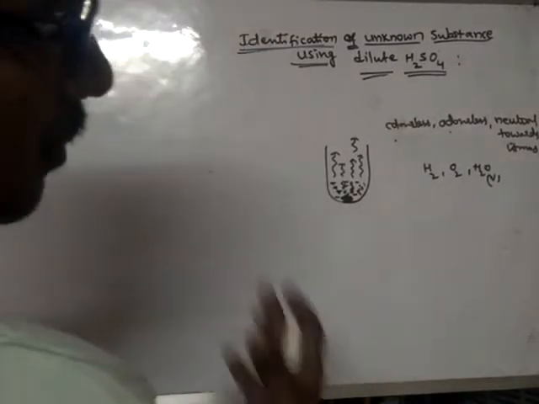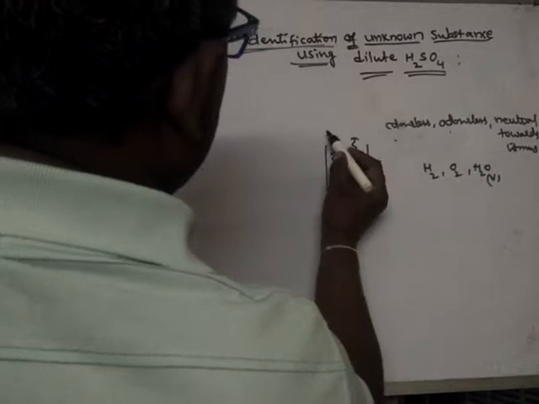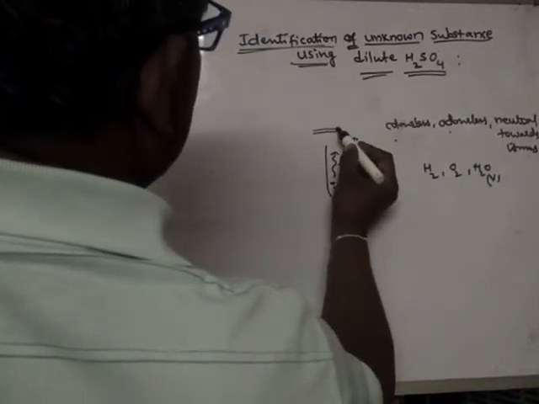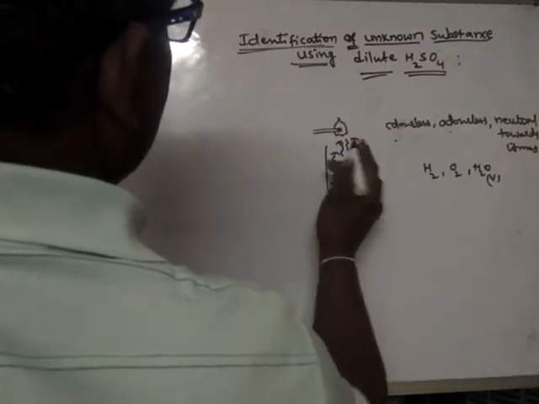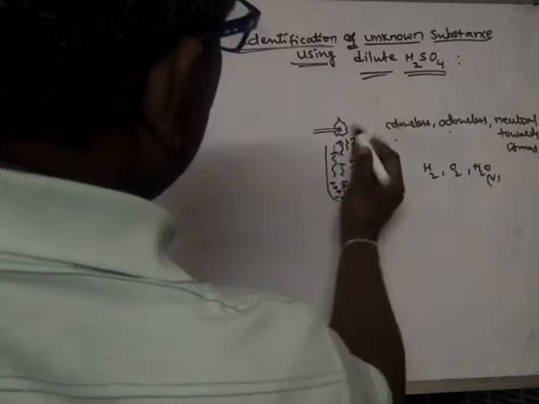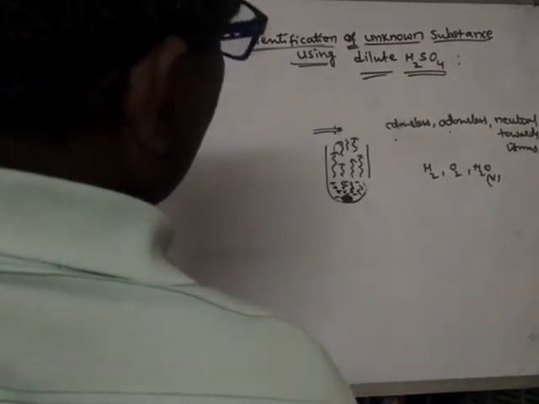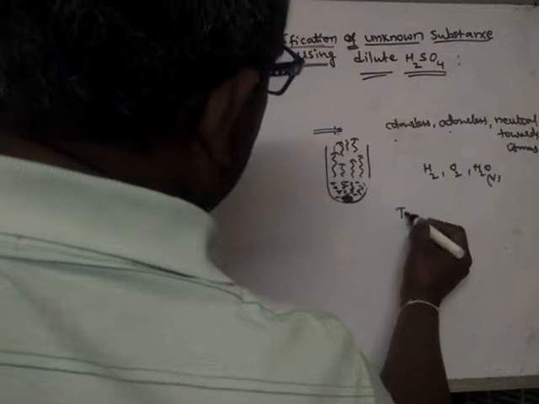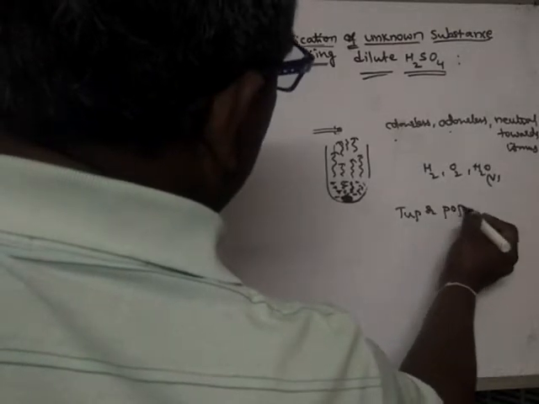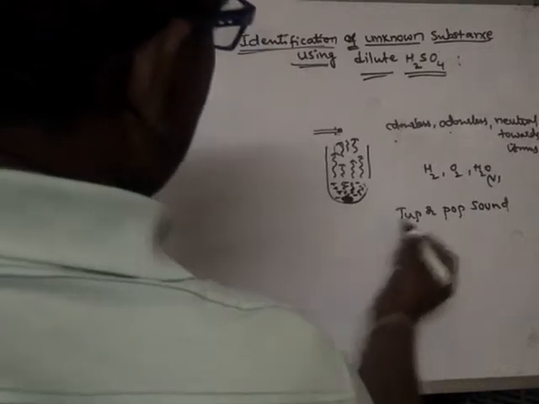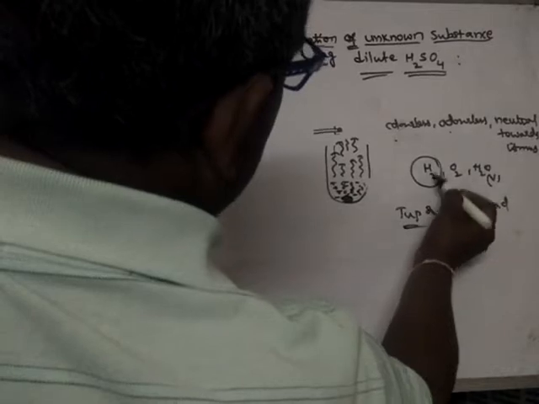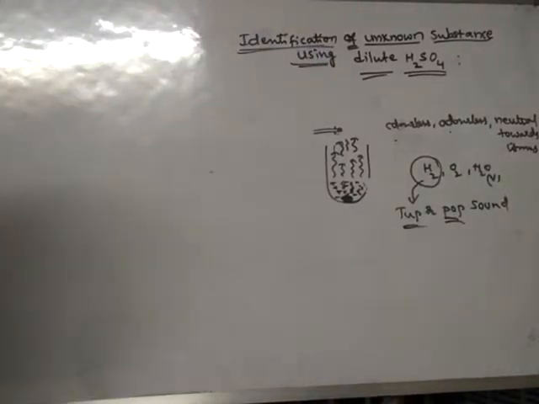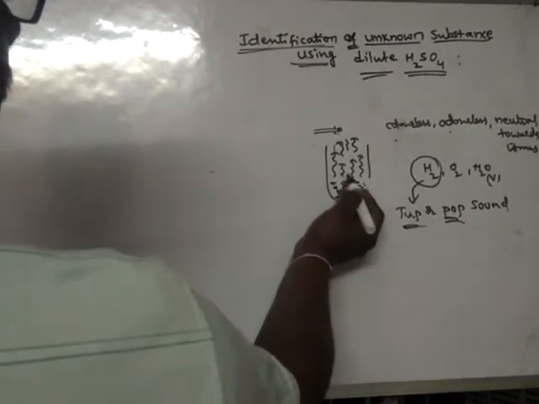In order to know exactly what this gas is, we will use a burning matchstick or a burning splinter. When a burning matchstick is brought near this gas, what happens? If this gas is able to put off the flame by making a tup or pop sound, only hydrogen can have such a property. So from this it is understood that the evolved gas is hydrogen.